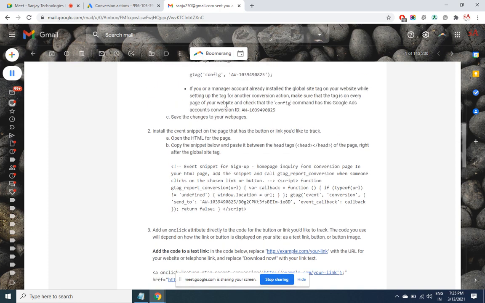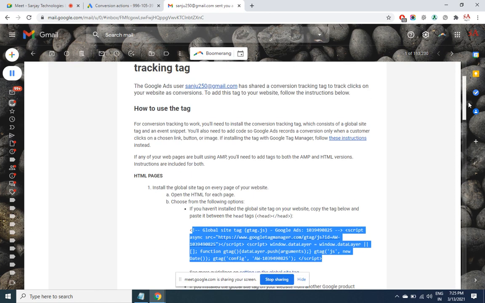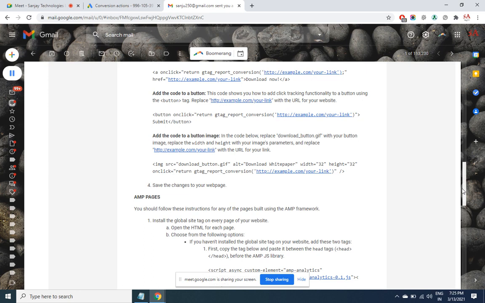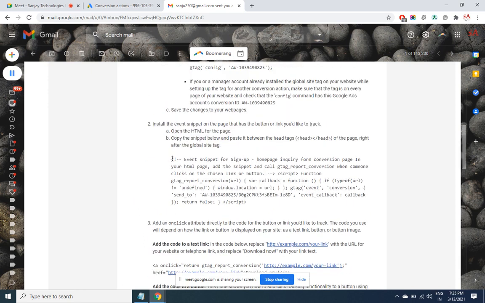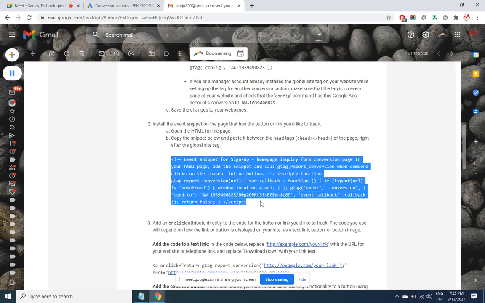And this is for the button press, sorry. So this is for every page, and this is for the event. In my case it is a button press. So on the press of a button, there will be a code. When the button is pressed, what is happening? The developer will take all the details of the inquiry form and put them in the database. So some code he has written in the button press event, and along with that code he will put this code as well, so that Google will also understand that this button press is getting executed after some event.